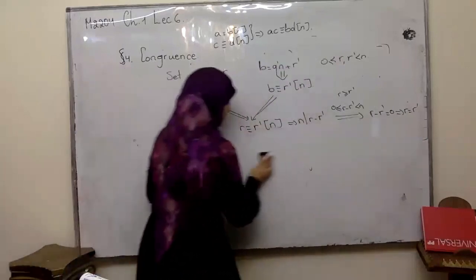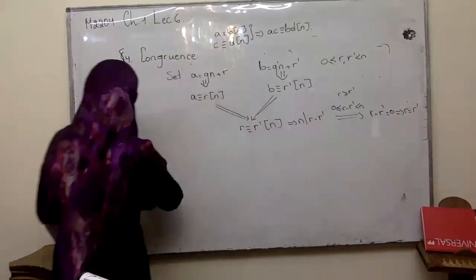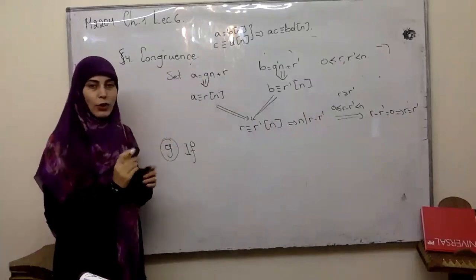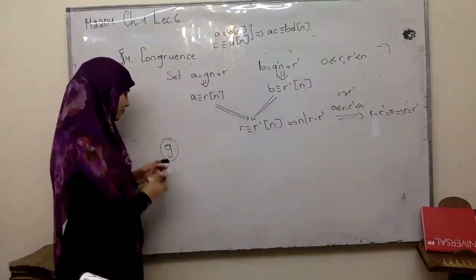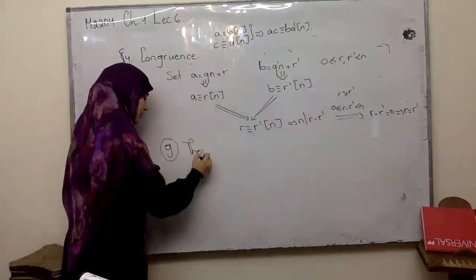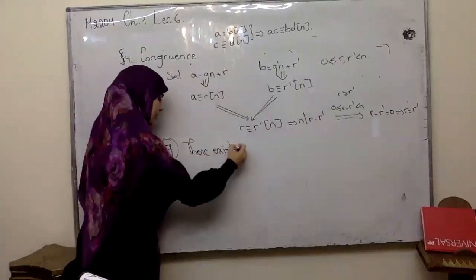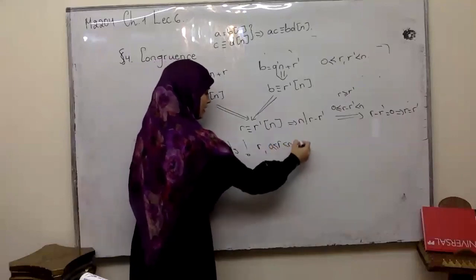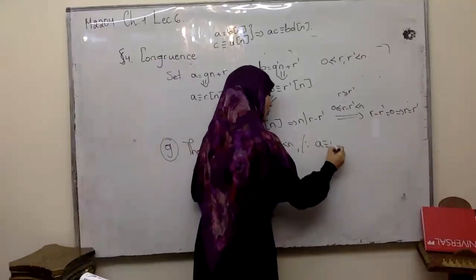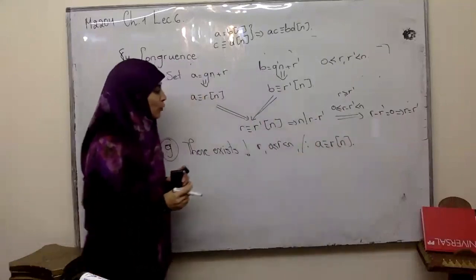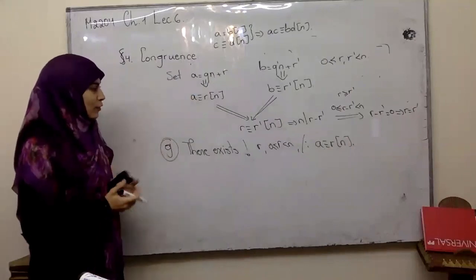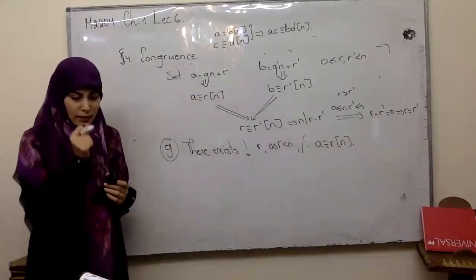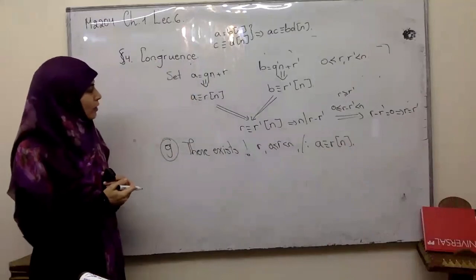I can say that there exists a unique R between 0 and N such that A is congruent to R modulo N. And I will leave it to you to think about how to write the proof for this statement. It is very easy and trivial. Okay. Up to now, I think these properties are